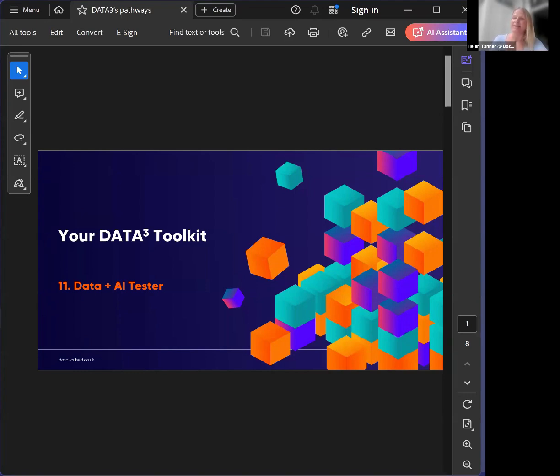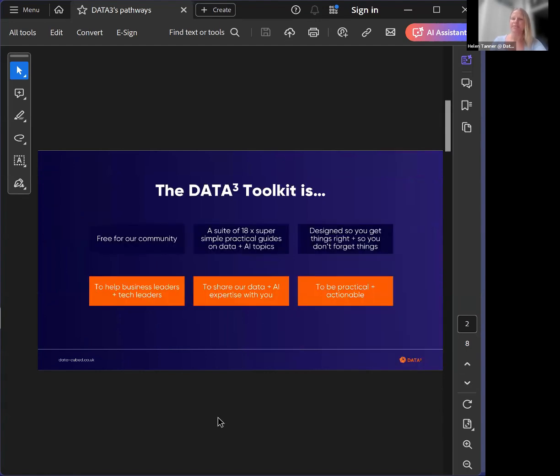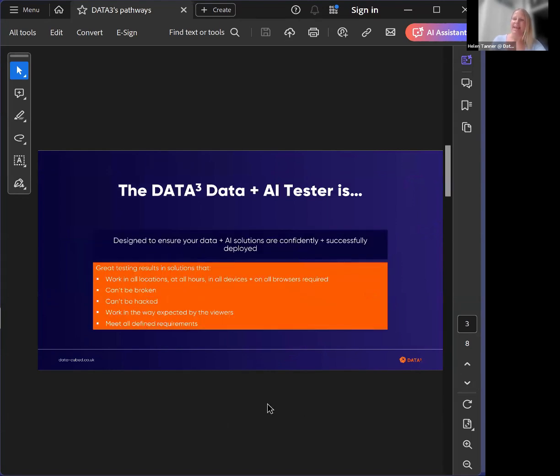And that's why we've created this toolkit. This toolkit is free for you. It's part of a suite of 18 super simple practical guides. You can download it, and it's designed to help you get things right the first time and learn from the lessons of other people. So this data and AI tester is designed to ensure your data and AI solutions are